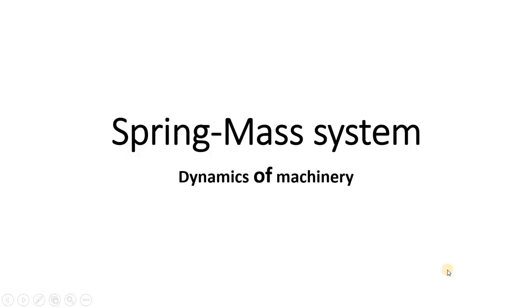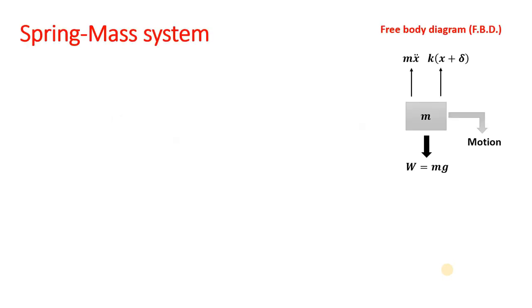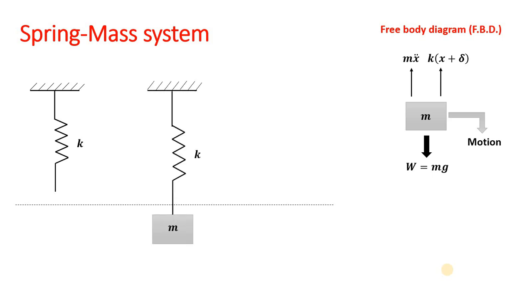In this video, we'll try to understand how to find out the frequency of vibration in case of a spring mass system. Now we have shown the spring over here which is having a stiffness of K, and when the mass is applied or it is subjected to the mass, then there will be a static deflection by an amount of delta as shown over here.